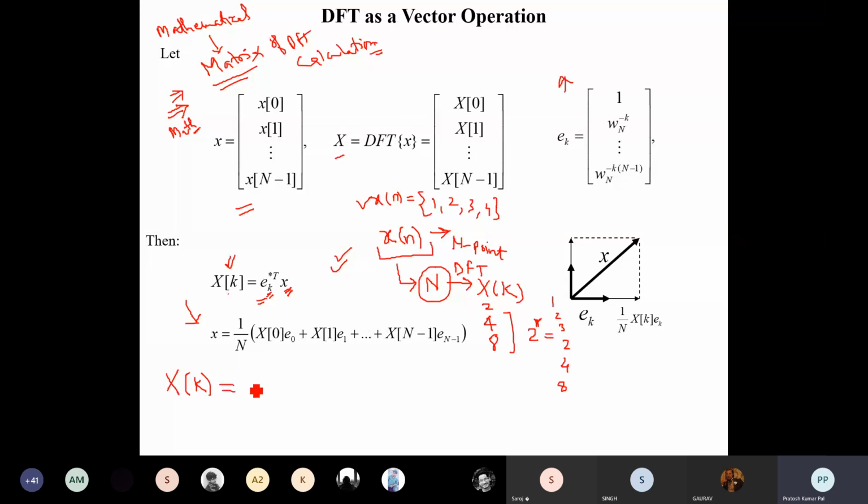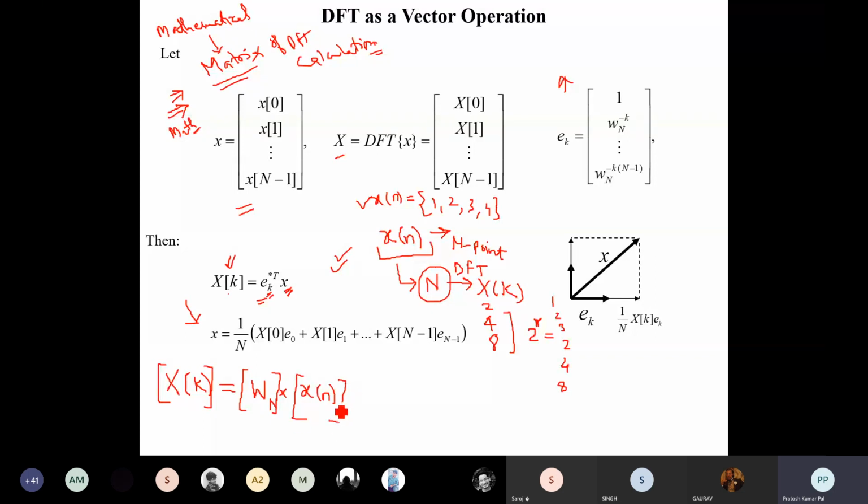In the matrix method, the result, that is the DFT, is obtained by multiplying the Twiddle factor, represented by W, with the input, that is x of n. This is the format. The summation can be converted into matrix form. So in matrix form, we can represent it as: x of k matrix equals the Twiddle factor matrix multiplied by the x of n matrix.